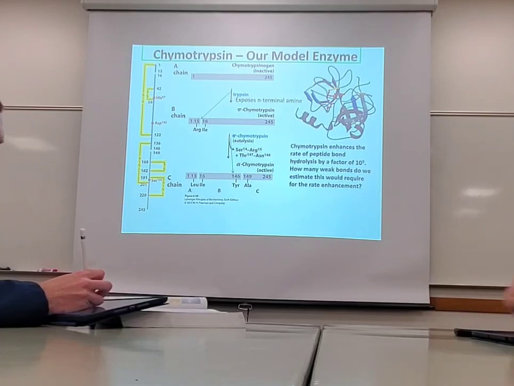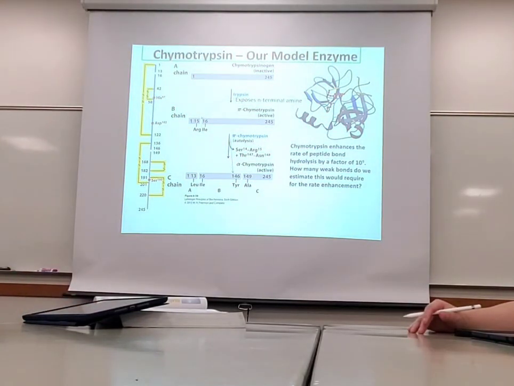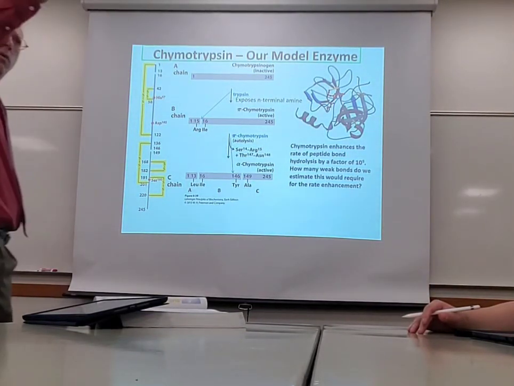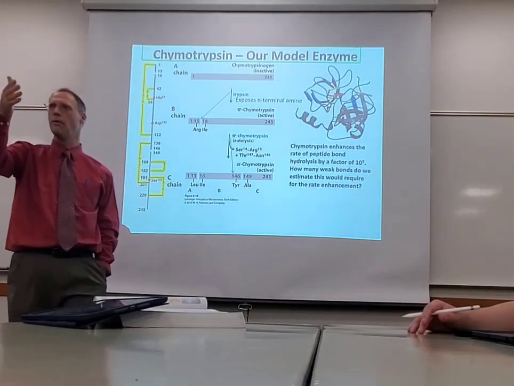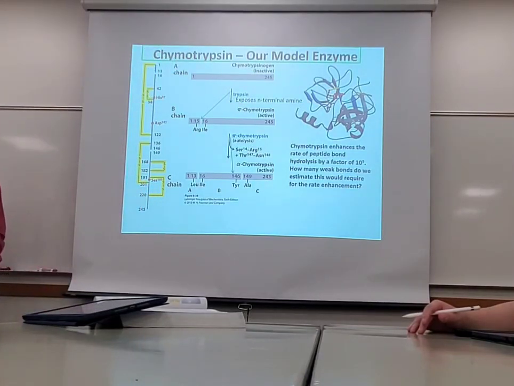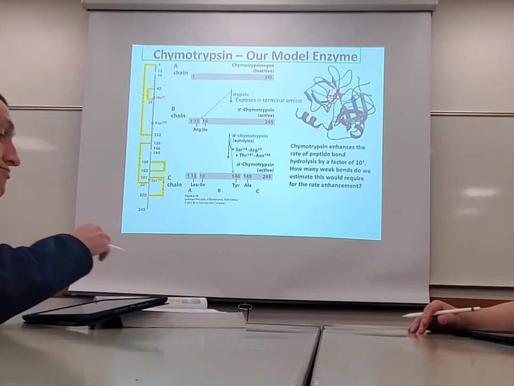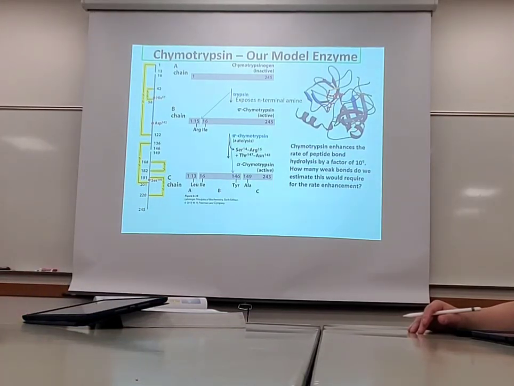And what number were we using for our average intermolecular force? 15. Do you remember talking about that? So we're going to take that 51-ish, divide it by 15. We're going to come out with a number that's between 3 and 4. There must be 3 to 4 interactions with the substrate and the chymotrypsin for it to have that rate enhancement of 10 to the 9. That was a review of what we talked about before. Okay? There's all the awesome math. It was up there the whole time,